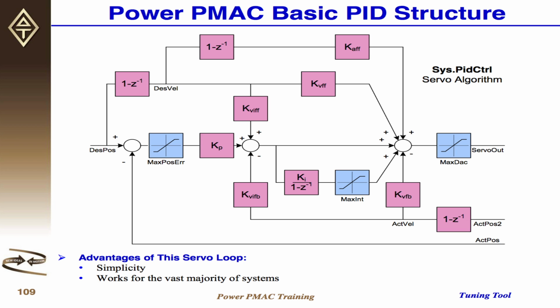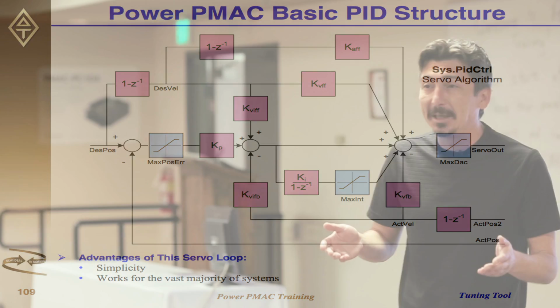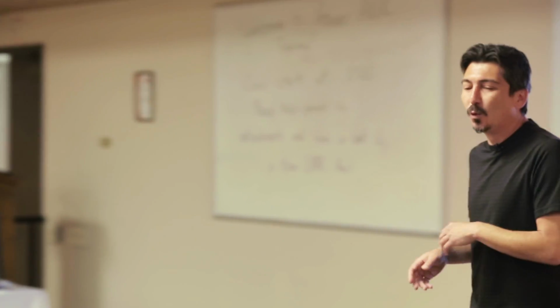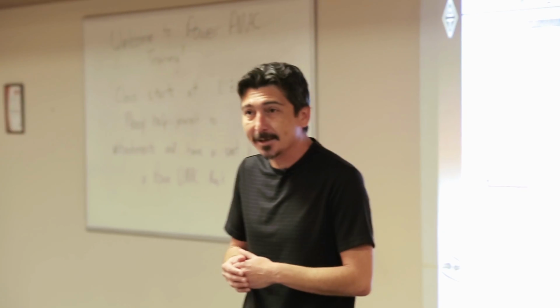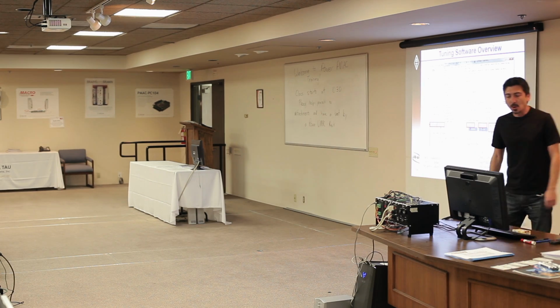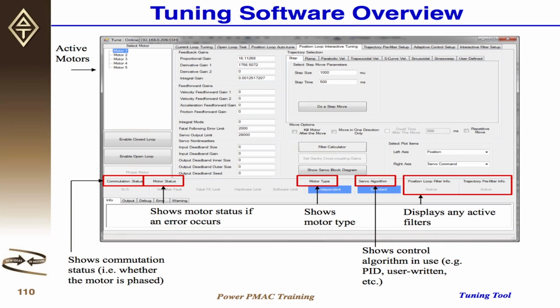This may be useful if you have, let's say, too many axes, and if you're starving your CPU. This is highly unlikely with Power PMAC. But for those of you who want to use a simple PID without filters, which means you don't have any dynamics, or you don't have high frequency unmodeled noise that you need to filter out, you can use this standard PID algorithm. So if we look at our tuning tool software,